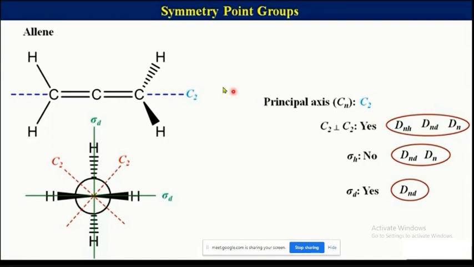Now see, sigma D can be, because once this C2 is passing this way, another C2 is passing this way. Now the intercept से plane pass करिए, that will be sigma D. And what you need to see is whether it bifurcates the molecule symmetrically or not. If it is bifurcating the molecule symmetrically, it means sigma D is present. अगर आप sigma D यहाँ से set करते हुए जाएंगे ना, इस कार्बन से, a plane which is passing through this particular carbon, it's completely symmetrical. So basically sigma D is present. That's why the point group is DND, or you can say D2D.